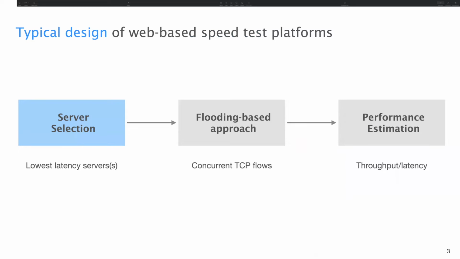So how do they actually work? Well, the idea is actually simple. Often you click on the button in the website, and this platform will choose one or multiple of their servers, which are often closest to you, to establish TCP connections with you, the end host. Then they will start with back data transfer in order to saturate the access link. Upon finishing the data transfer, they will return the test results, which usually include the download throughput, upload throughput, and